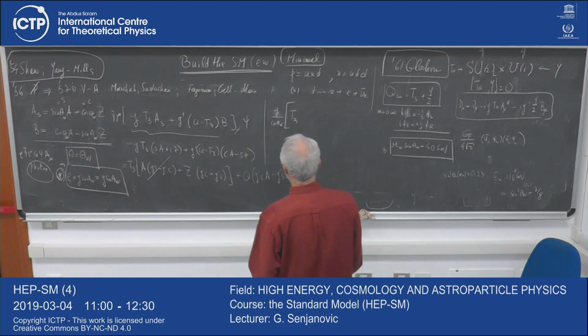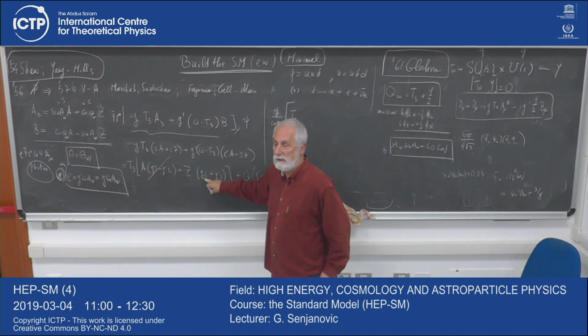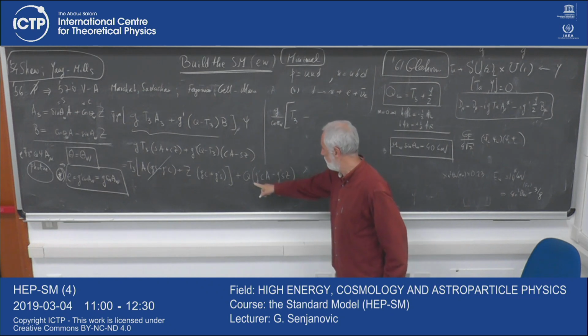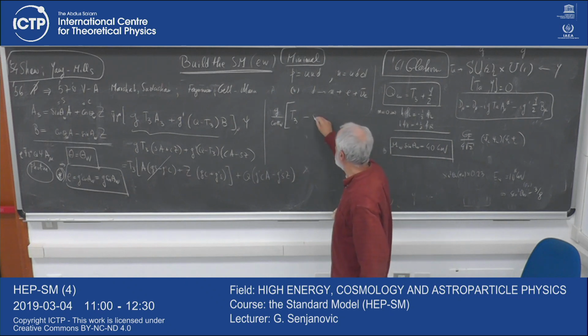Okay, just a few more minutes. So T3, look at T3. If I take g over cos theta W, then I'm going to have cos squared here and sin squared here. That's 1. So I get coefficient T3 minus Q, and g prime has a tangent. So I get sin squared theta W. I took 1 over cosine theta W. I get the famous